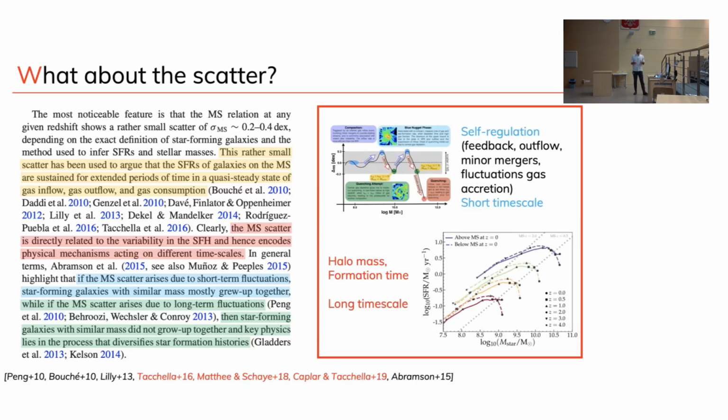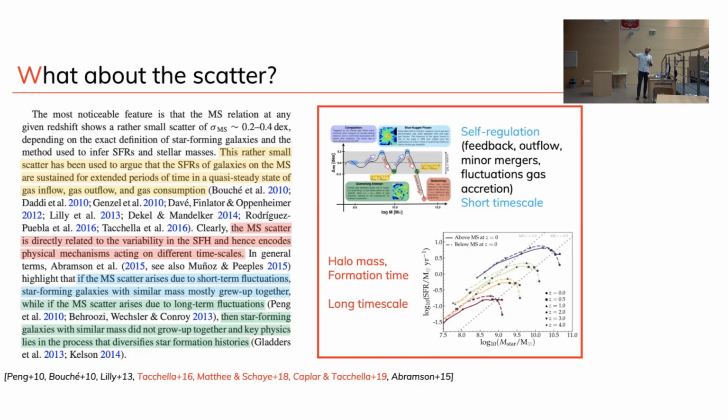And you might think of at least two possible scenarios. The first one is that you have short-term fluctuations. Galaxies are growing on the main sequence and they just fluctuate somehow along the main sequence. Maybe at some point they scatter out, they could have a big merger, maybe not. We heard that there are different conditions to have galaxies going up. But that's roughly what this first scenario predicts. So short-time fluctuations, let's say some 100 million years, you lose memory of what happens on longer time scales, and then you keep growing.